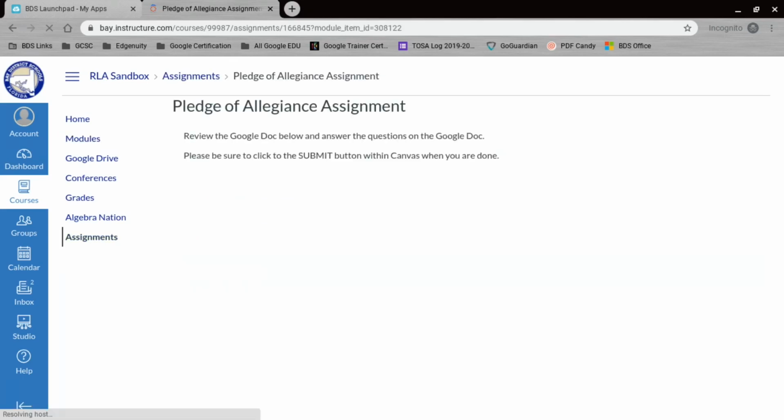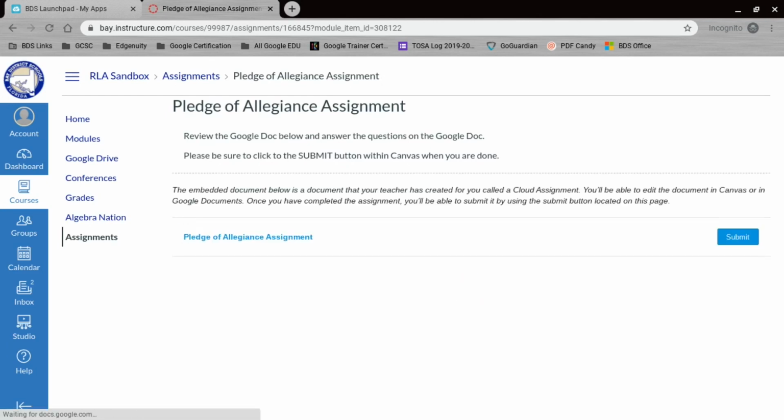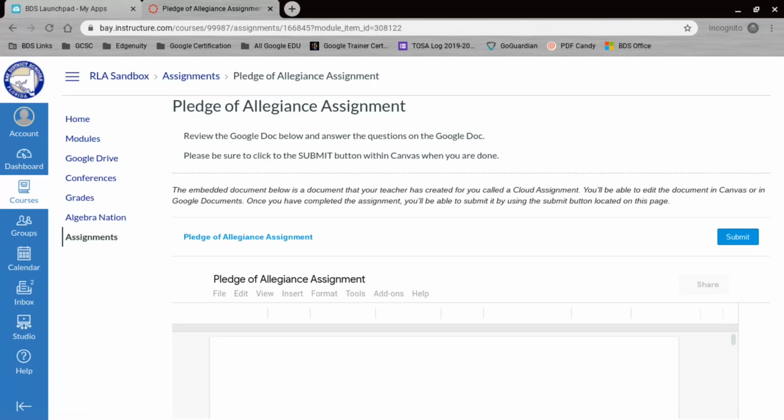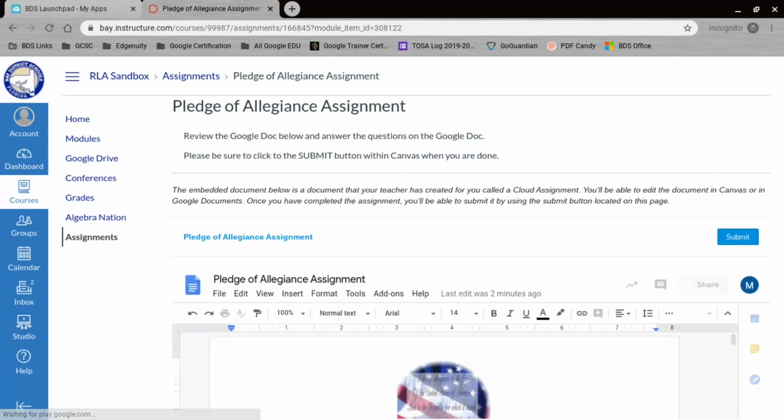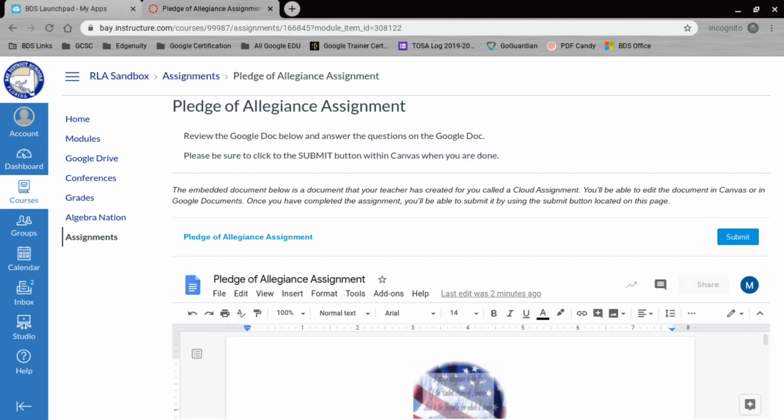When I click on the assignment, if I have not already authorized Google Drive, just like I had to as a teacher, inside of Canvas, it will ask me to authorize Google Drive. If I have authorized Google Drive before as a student, then the Google document that the teacher provided for the assignment will load inside of the screen. Above here, we see the instructions that the teacher provided. That came from that rich content editor, so that will appear at the top of the screen, the specific instructions